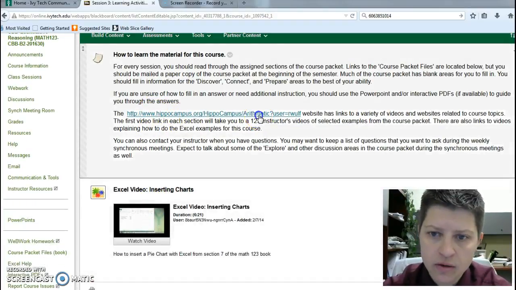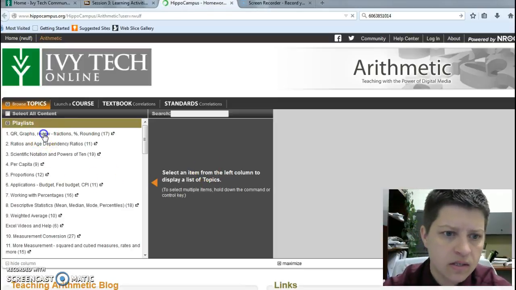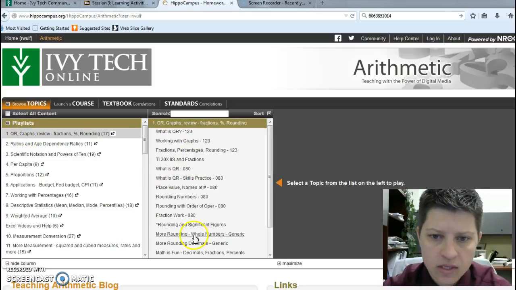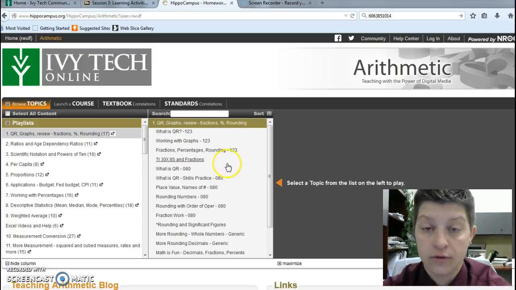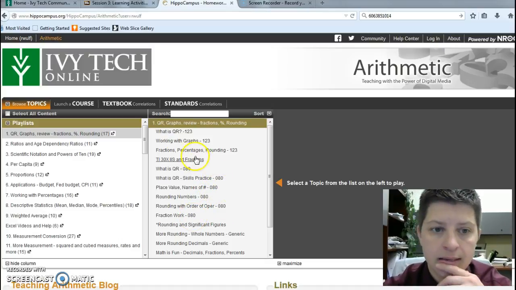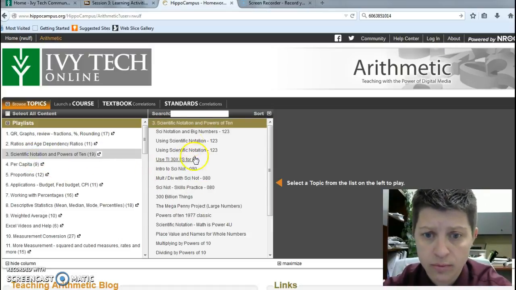This links to videos. If we click this, I don't have the Becky's video button up yet, but this gets into every section. So if you're in section 1, you can see all of this. If they have 1, 2, 3 after it, that means they go directly with the packet. Now in the back of the packet, there is additional stuff in there, 080. So you see all the things that say 080. Those are extra work in the back, but they go for every section we have. And then there are extra videos if you need extra help. So anything that says 1, 2, 3 goes directly with your packet.